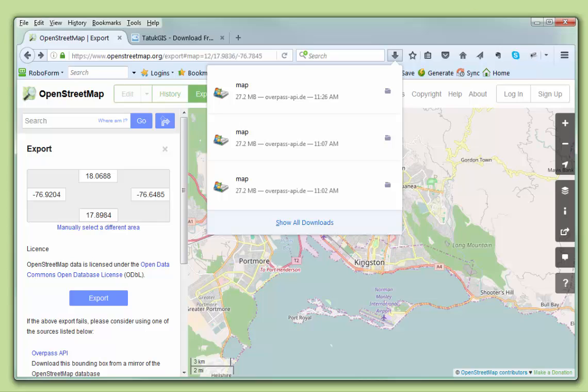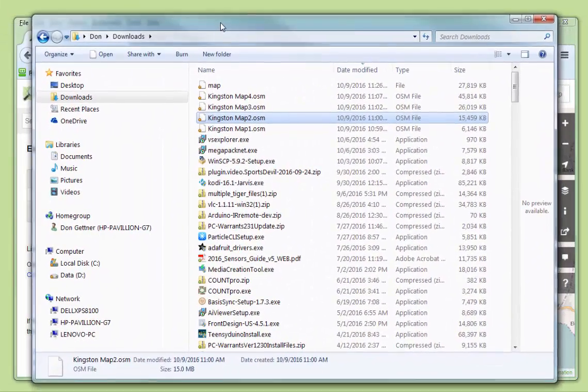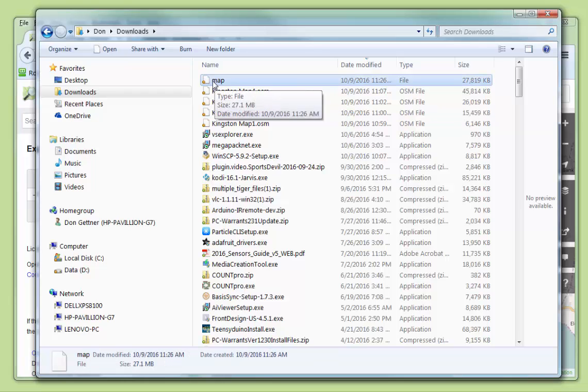And let me show you what that looks like. So here's my Downloads page, and here are some files that I've been playing with just before I made this tutorial. And so I made a map. It downloaded a map file that's almost 28 megs, not that big. And what I'm going to do is rename this